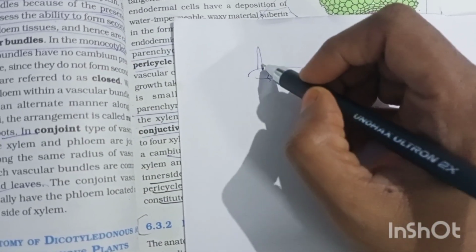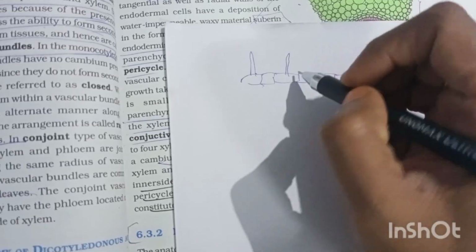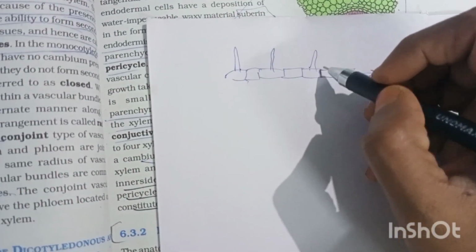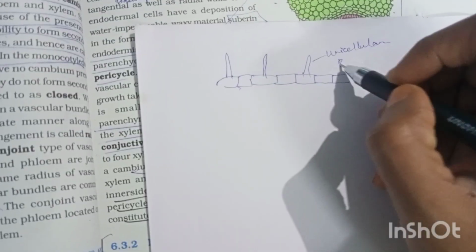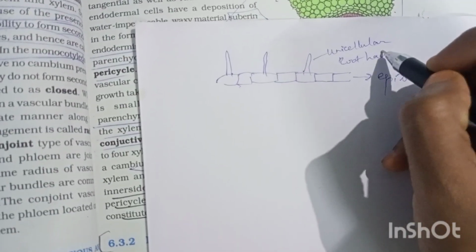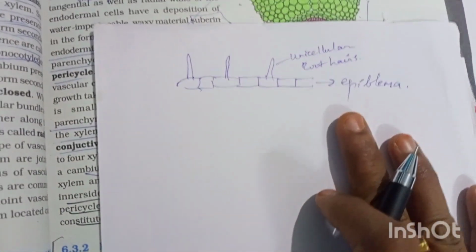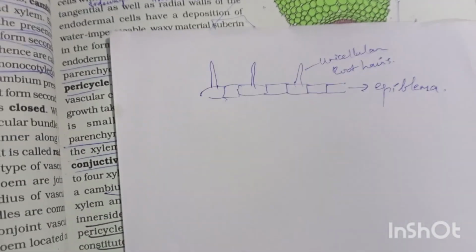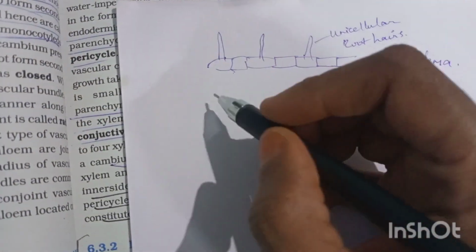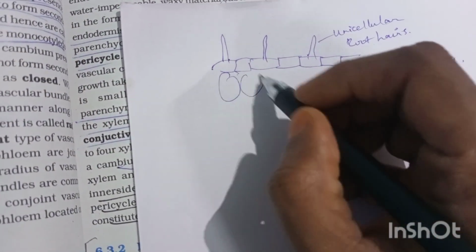and here and there some cells will give out some extensions, and these extensions are unicellular and they are known as root hairs. They provide additional absorption capacity to absorb water from the soil. So some of the epiblema cells will give out unicellular extensions, and these extensions are known as root hairs. Below this epiblema you have